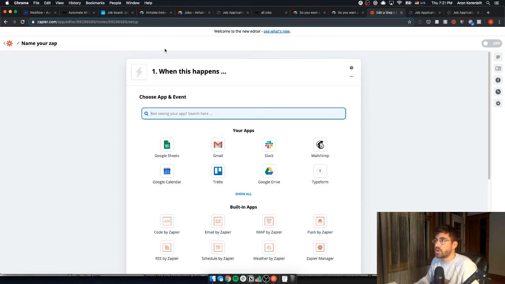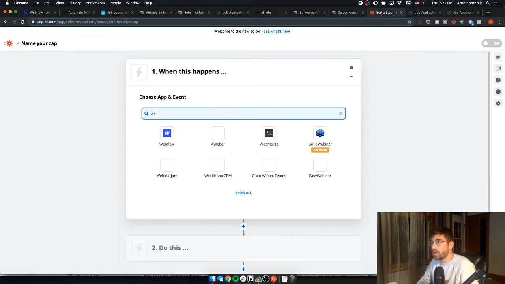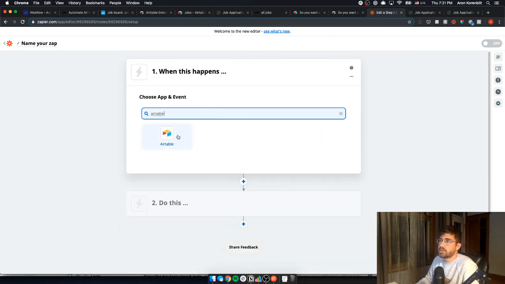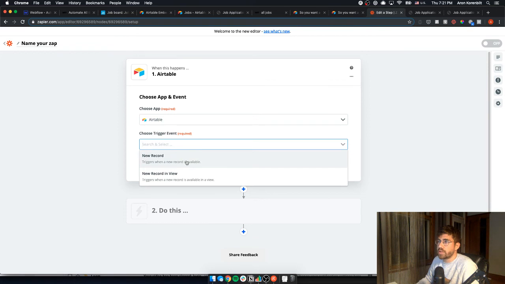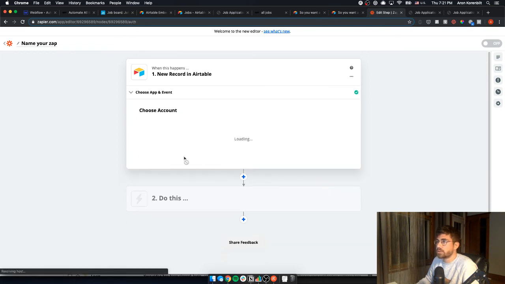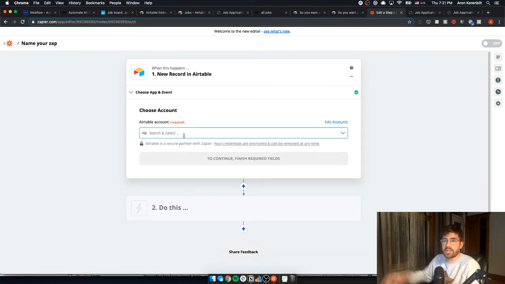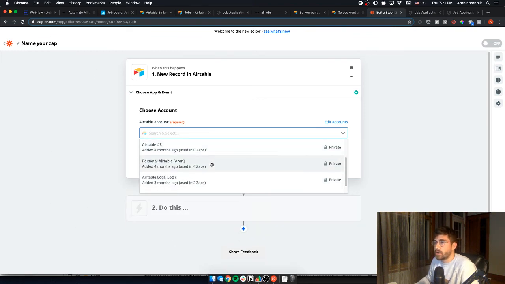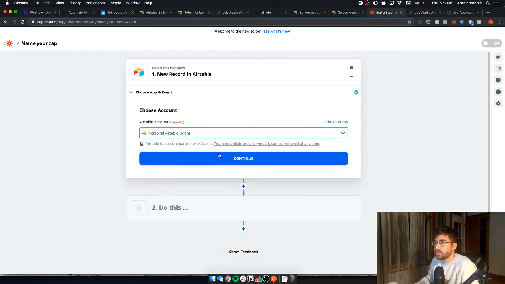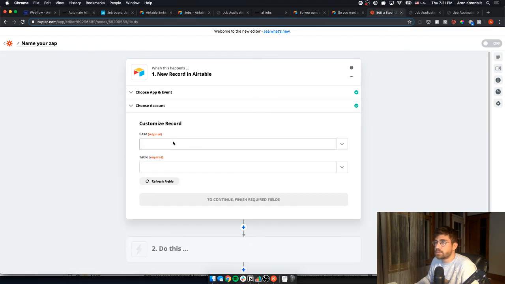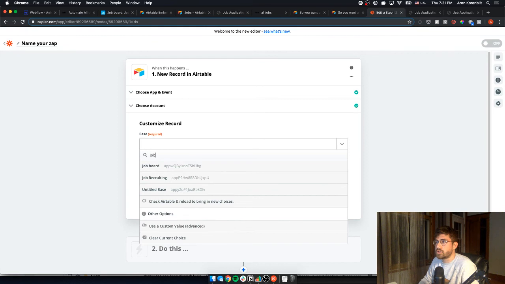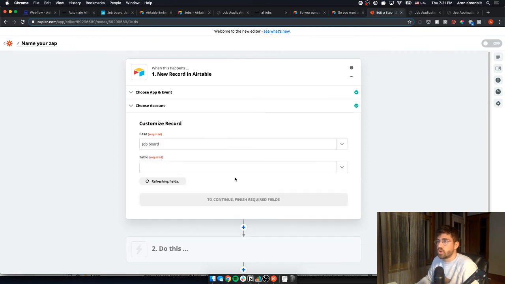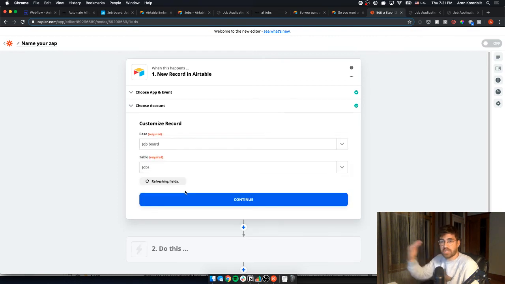So let's go ahead and do that. Our trigger is Airtable. Choose trigger event, new record. Continue. They just redid this interface. It's quite good. This used to be on the left here. Personal Airtable, that is mine. Base is going to be, I think, jobs, job board. I'm just kind of going through the motions here. Table, jobs. So every time we create a new record in the jobs board,